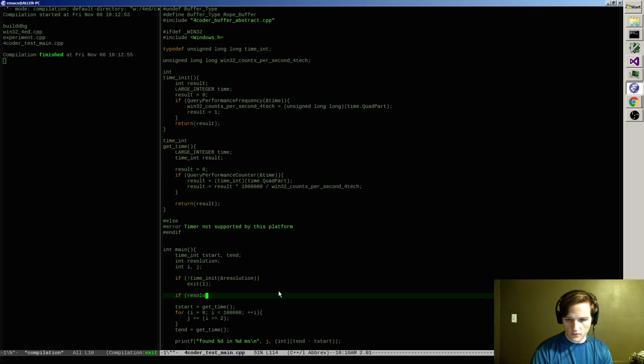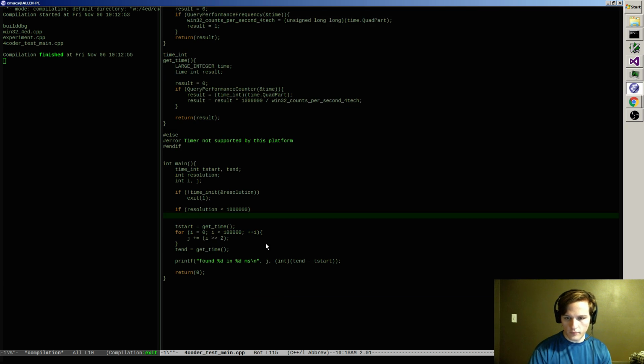If resolution is less than 1 million, then printf warning, timer is not actually at high enough resolution for good measurements.